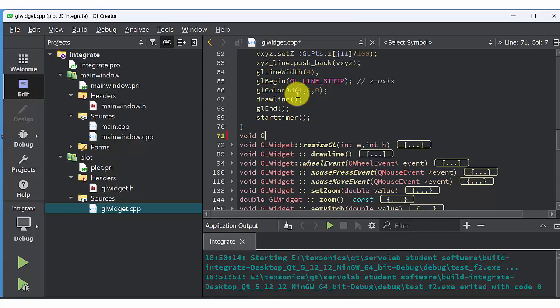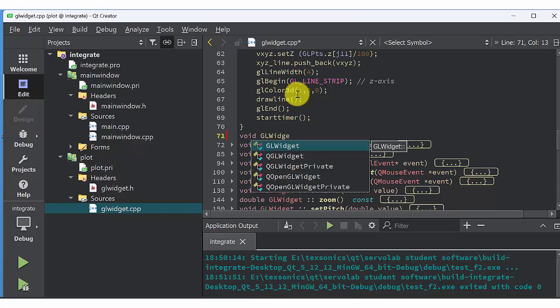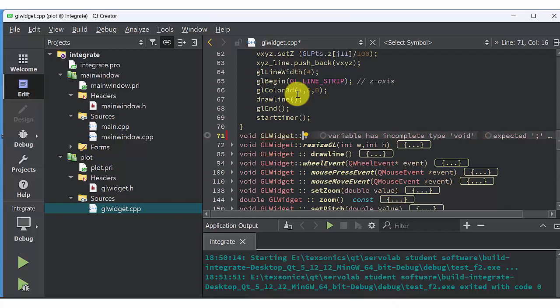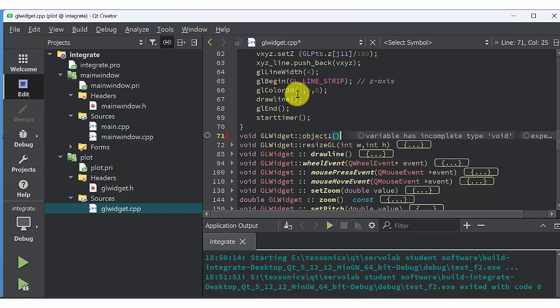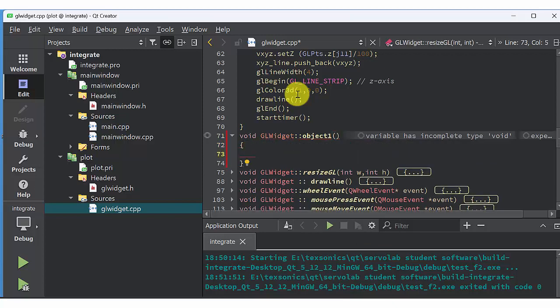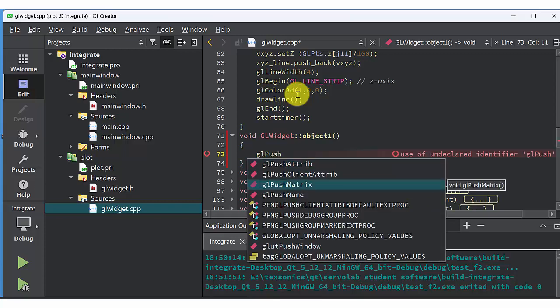So void glwidget object 1. So first I'm going to write a function for object 1. So now I'm going to draw a triangle. You need to type a set of code for triangle. So let me type first GL push matrix first,